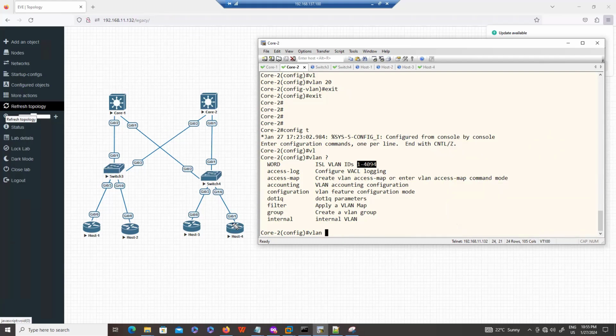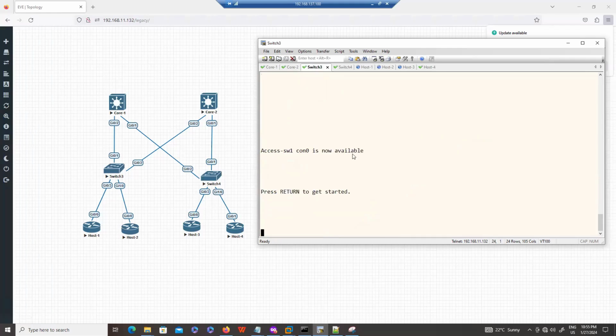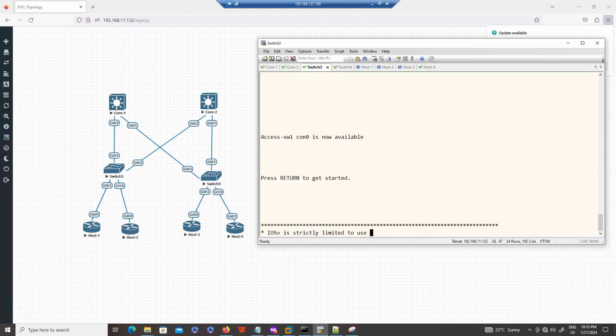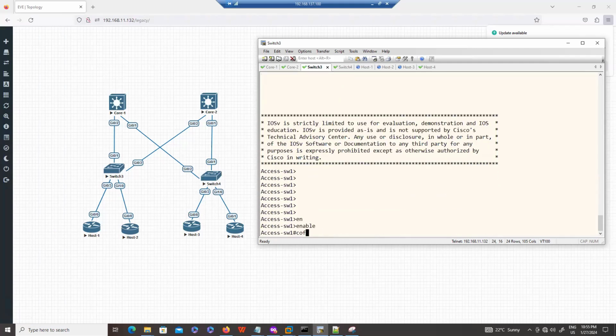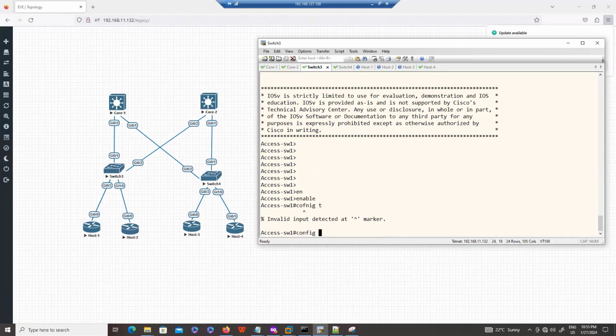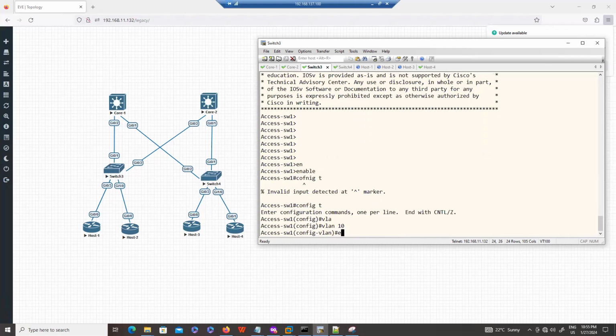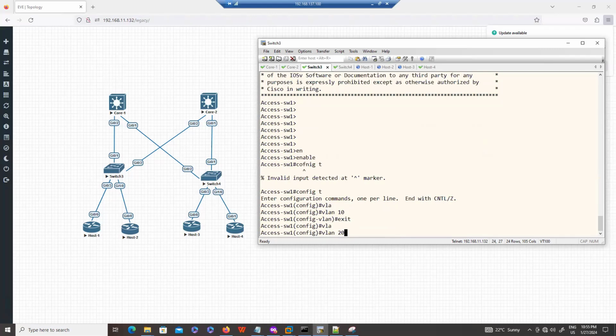So here, guys, as I told you, we want to create two VLANs, and I just did. I believe I already created VLAN 10 and 20, and then I need to configure the VLANs on my access switches also, which is VLAN 10 and VLAN 20.